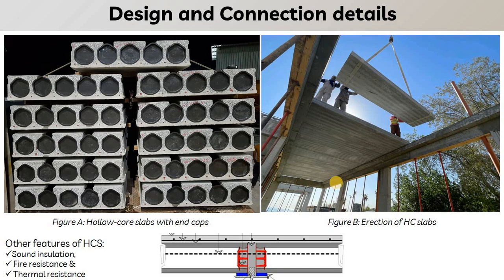Here you can see this is the end cap. The black portion is the end cap that is used in hollow core slabs. This is because when the topping concrete is poured, the concrete may flow inside the core and it can block the core. So to avoid that, a special kind of cap known as an end cap is used